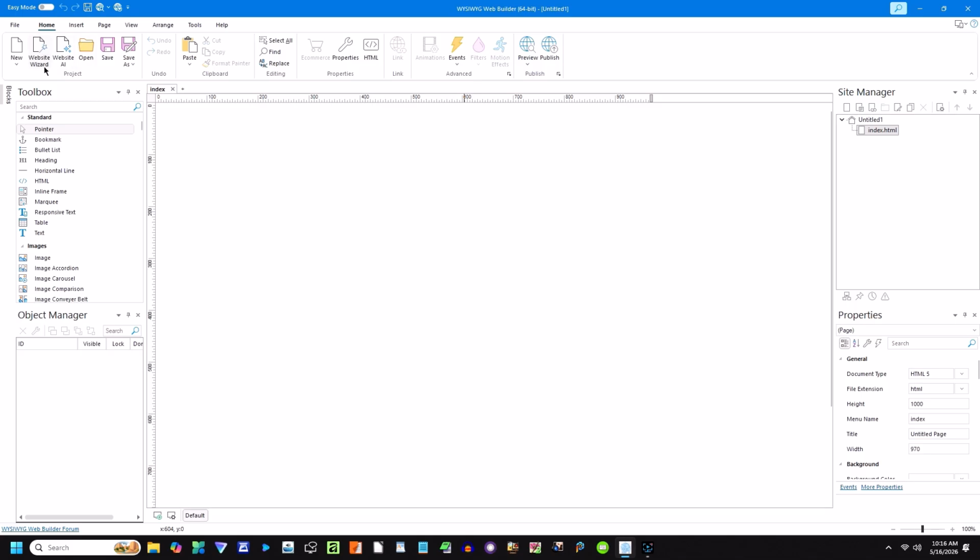Whenever you first install What You See is What You Get Web Builder version 21, the program comes with a default ribbon menu. While this is useful, the traditional menu you will find to be of much greater help. The traditional menu will contain a larger array of useful tools that you will be using throughout your website building career. In order to do this, we're going to go up to the traditional menu where it says Files,